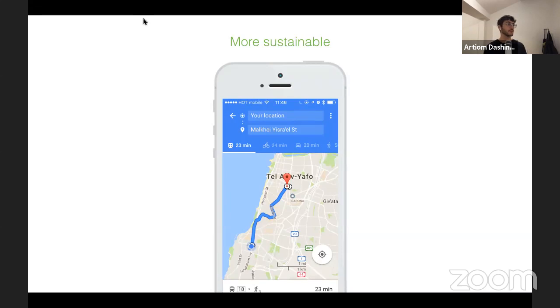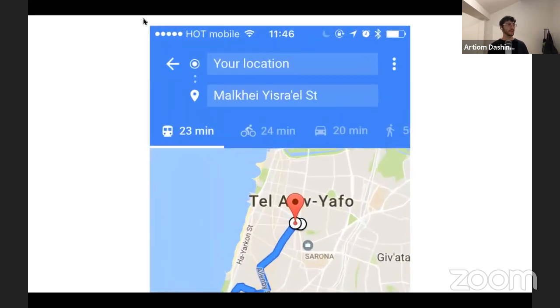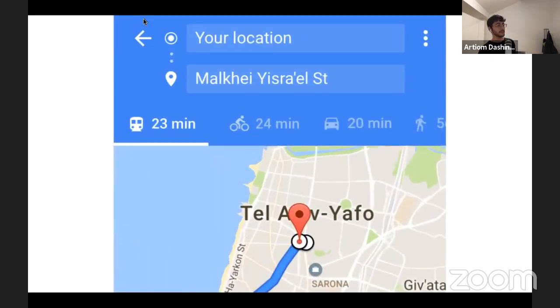sustainable options. So this specific example is also from Tel Aviv, where it's a nightmare to find a parking. You might drive there 20 minutes, but it will take you 20 minutes more to find a parking. So actually, in this case, it would make much more sense to take public transportation. So what they actually implemented since 2016, they just remember the very last option that you use to